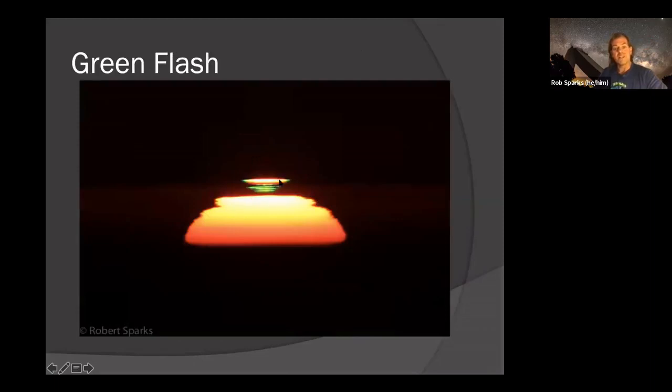This is actually one from Cerro Tololo Inter-American Observatory in Chile, about an 8,000 foot mountain overlooking the Pacific Ocean. This is with my 75 to 300 millimeter lens before I got the 4 and 600. Obviously it's a cropped picture, but you see multiple green flashes breaking off here. And of course, this top one is still yellow, but it actually turns green as it drifts farther away too.